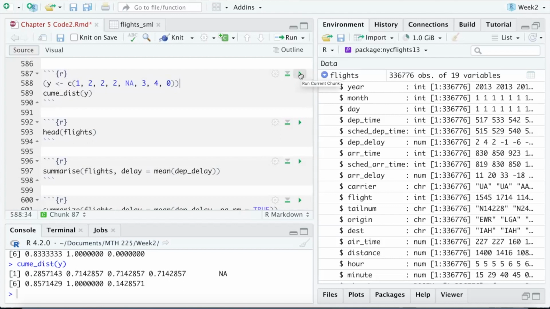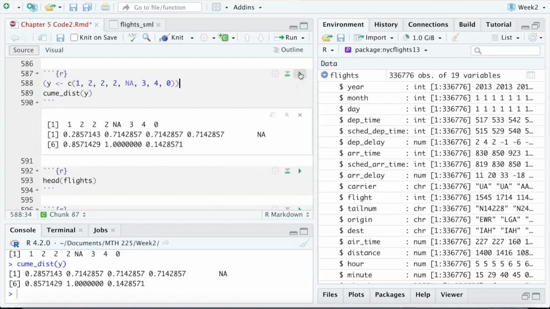So you can get a sense of what's happening here. You've got a listing of the Y values, and if you count those values, you'll see the NAs in anywhere. And when you count the number of values in Y, you'll see that there are 8 of them, but 7 of them are non-NAs. And so 0 is ranked first out of 7, and 4 is ranked 7th out of 7, and 3 is ranked 6 out of 7, and then you got the NA, and then these 3 here are all ranked 5 out of 7,